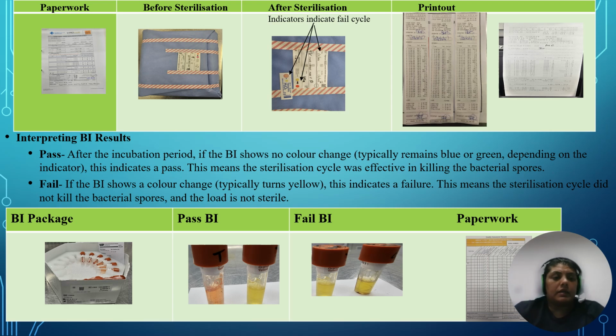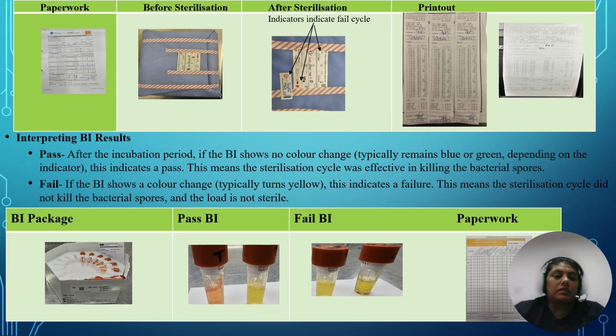Interpreting BI result. Pass after the incubation period: if the BI shows no color change, typically remaining blue or green depending on the indicator, this indicates a pass. This means the sterilization cycle was effective in killing the bacterial spores. Fail: if the BI shows a color change, typically turning yellow, this indicates a failure. This means the sterilization cycle did not kill the bacterial spores and the load is not